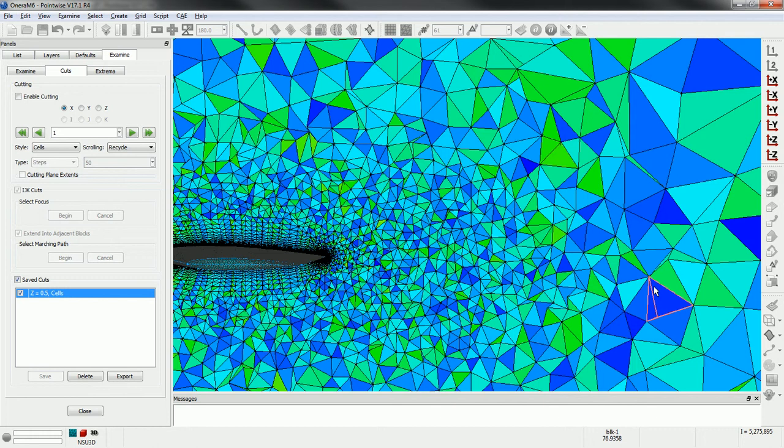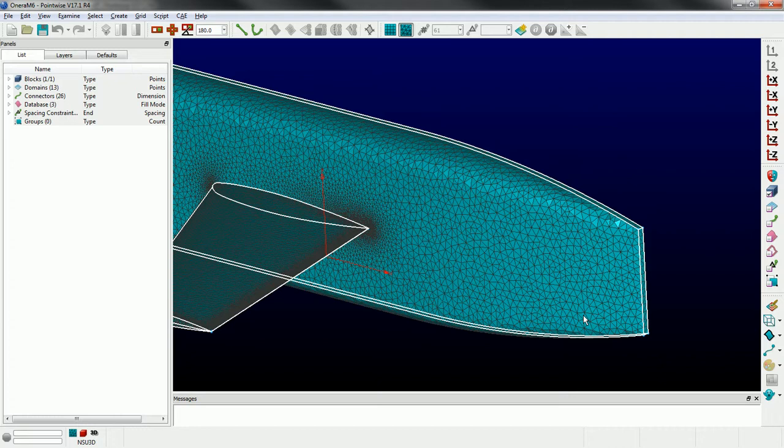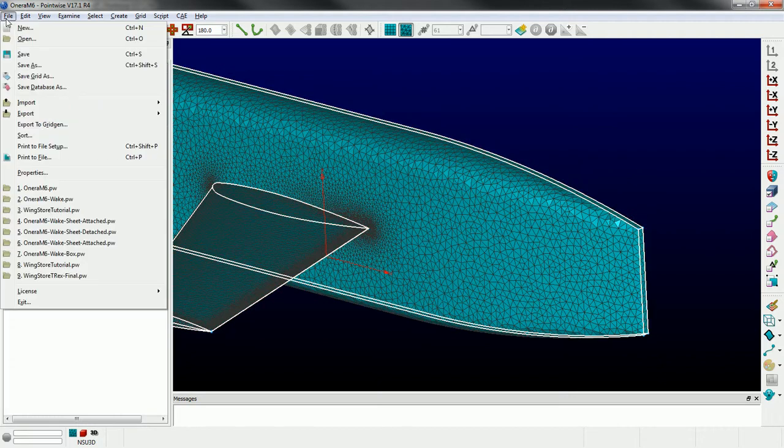I'm going to go through 3 different ways of doing that. Now there's more than these 3, but these are the 3 ways that I've used in the past. Okay, so the first thing I'm going to talk about is an attached wake sheet. So I'm going to open up